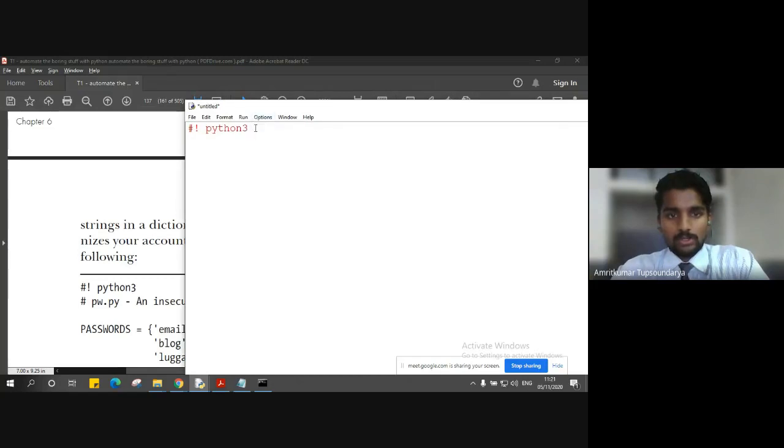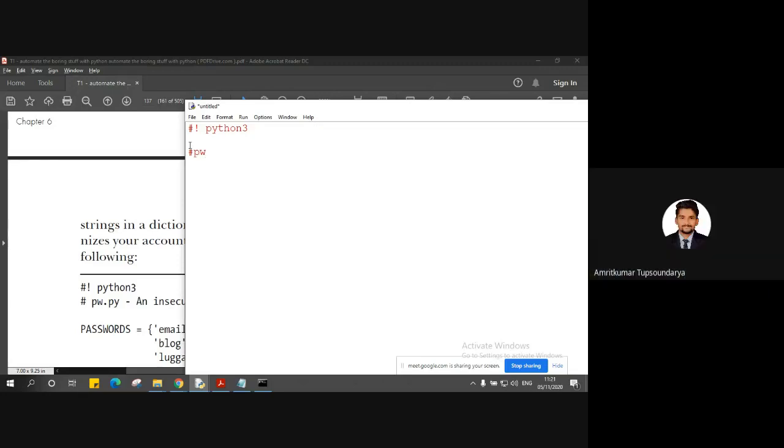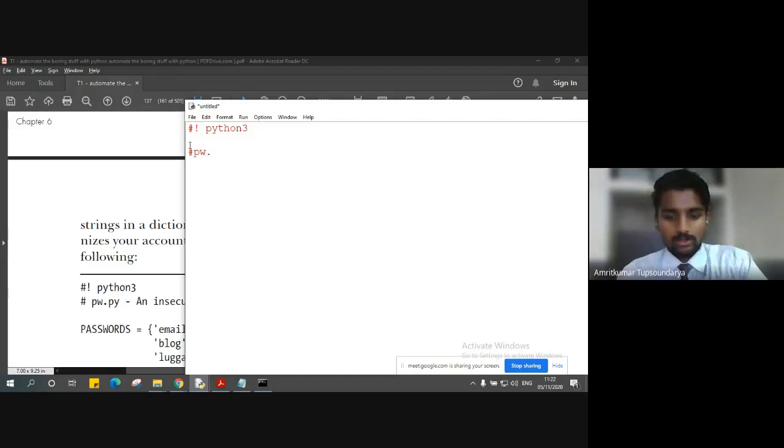So this is the starting point, and whatever instructions you have to give for the program, you can start giving here, right? But let's just name this program something like, let's say, pw. We'll keep the name the same as the author's, because these programs will be used in further modules as our fundamental basic programs, and we will be making some more changes to them. That's why I would prefer you to save these files with the same name as we are doing in the book. So let's go ahead and save it with pw.py.